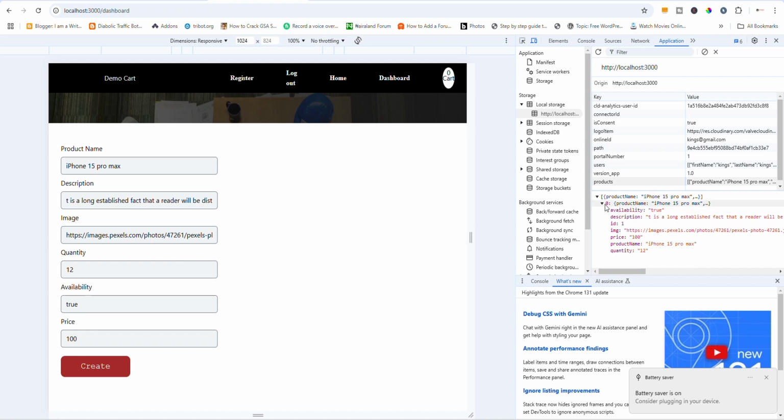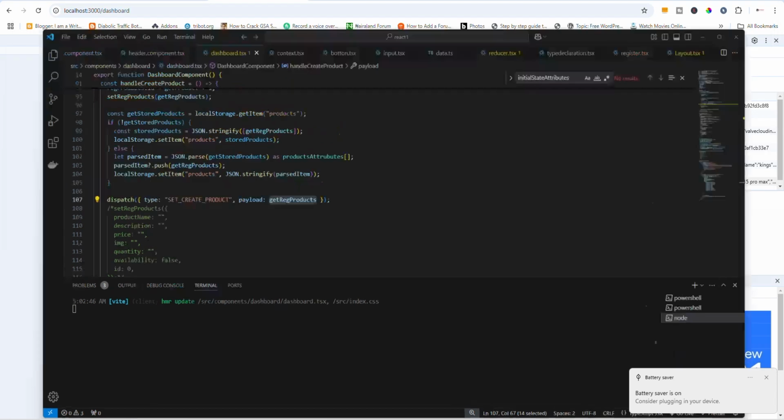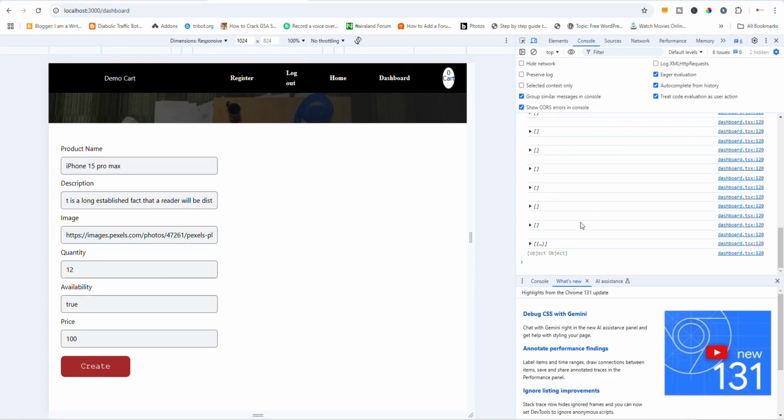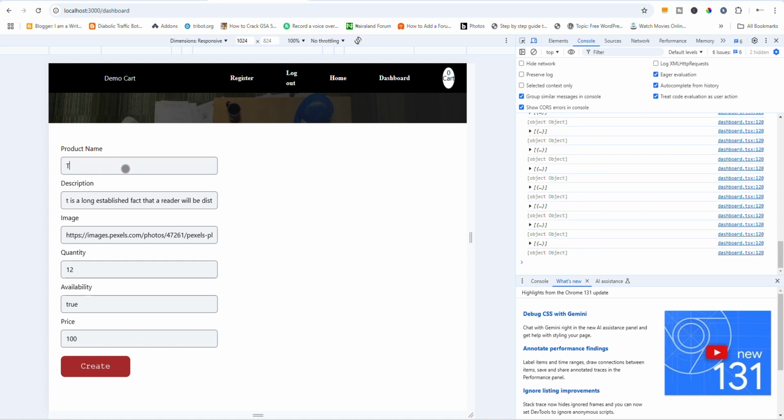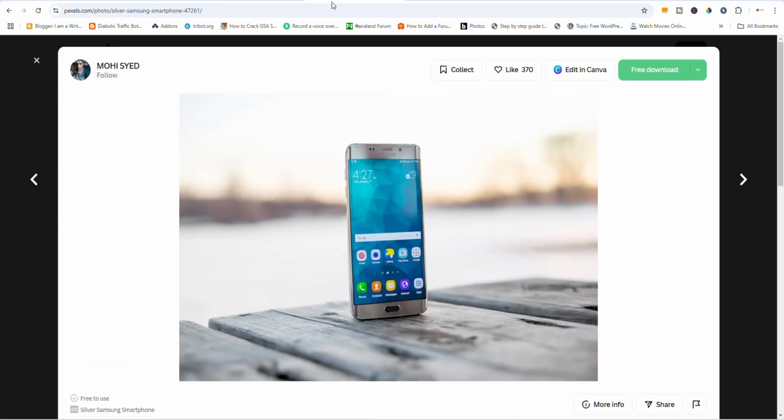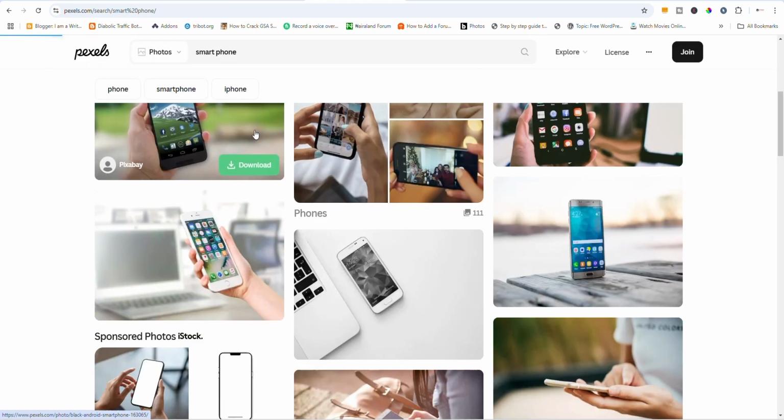I have one here, stored here. And let's see what happens to our global states. Our global state also has just one product. That's good. So this stores the product. Let's create another product. Let's call this one Toyota. Let's just call this one men's clothes. Free description. Let's just